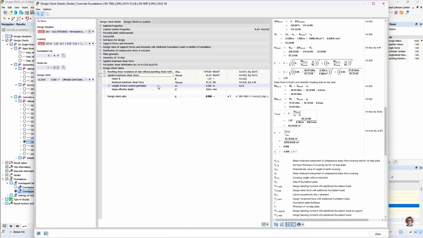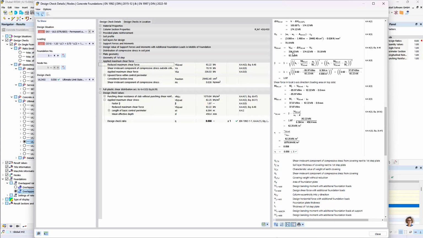The critical perimeter accordingly becomes longer, here 6.36 meter. But in return, the effective depth is smaller, only the plate thickness is present here, and the effective depth is 458 millimeters. And now from the same 336.5 kilonewton shear force,